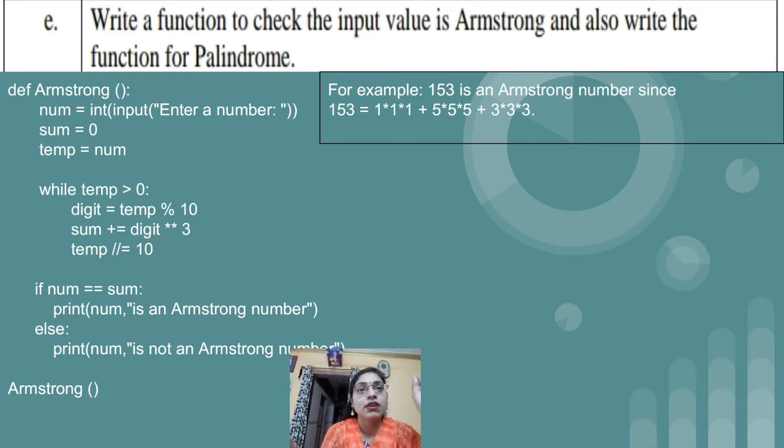So here the logic is very simple. Find out the digits, calculate their cubes, and then add the cubes of all the digits, and if you get the same number again, then the particular number is Armstrong. I have already explained that in the execution part that we are going to see, but for current reference just remember what an Armstrong number is.